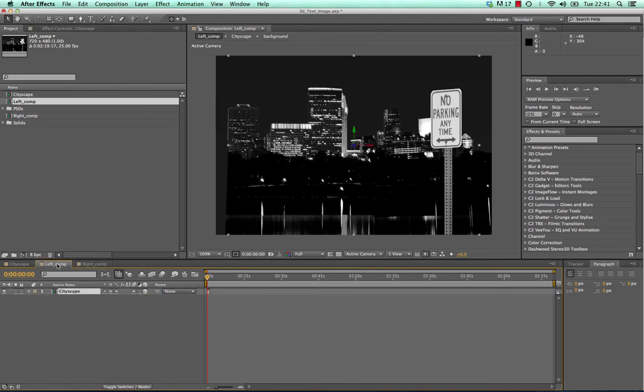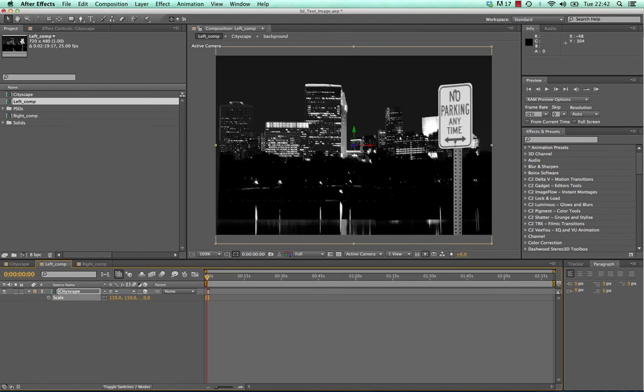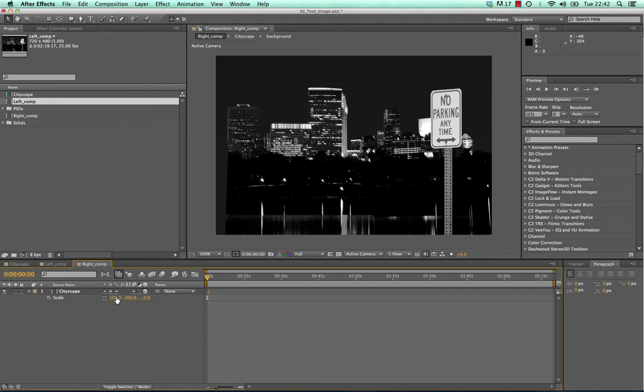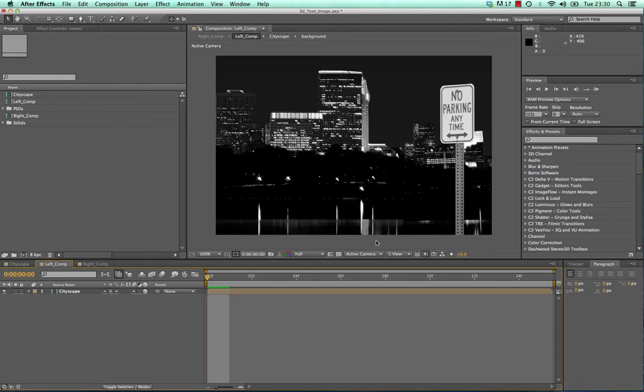So what we do is go on the left comp and press S for scale, and the scale icon comes up. Because it's chained already, it won't lose the proportions. So if I put 110... okay, maybe more. 115. There we go. So I'm done with that, and then I'll do the same for the right as well. So if we just go 115. Okay, so now once we have done